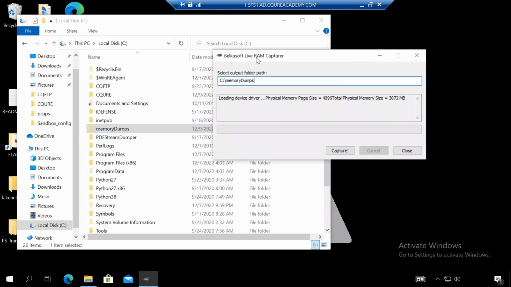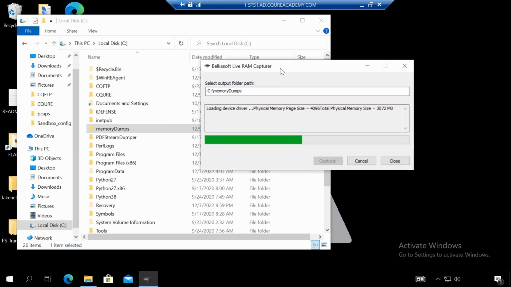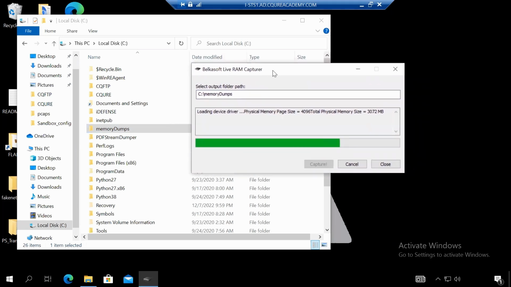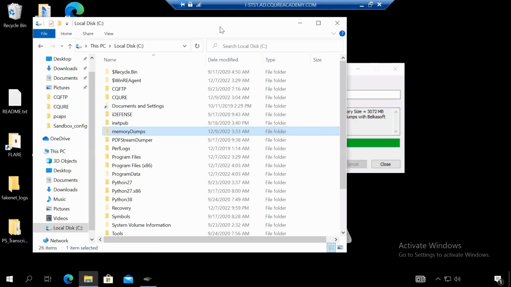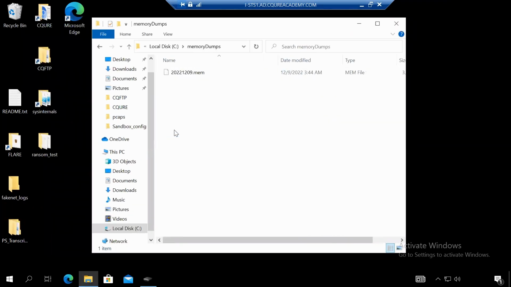And what we need to do is click capture. It should capture the memory in a few seconds. And then you can see that the memory dump has been completed. Now, if we go to that folder, we can see that there is a .mem file